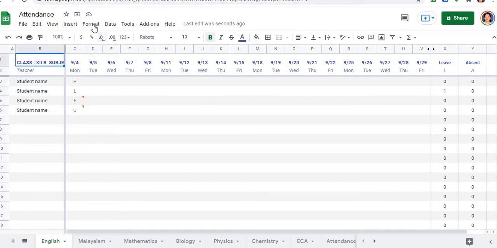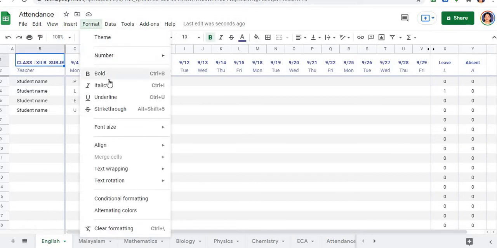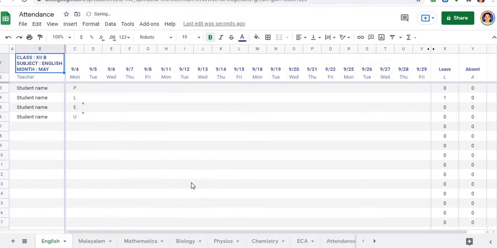on this box, go to the format, and then there is an option called text wrapping. The text wrapping is presently overflow, that is why it is not filled up in the box. So you'll wrap it, click on the wrap, you see all the content that we type now to be displayed together. Next, you also can mention the name of the teacher.